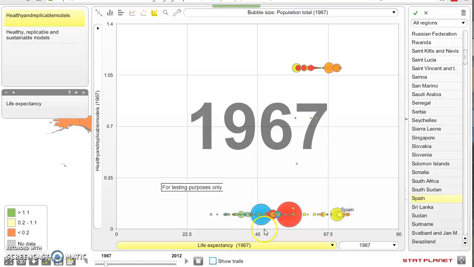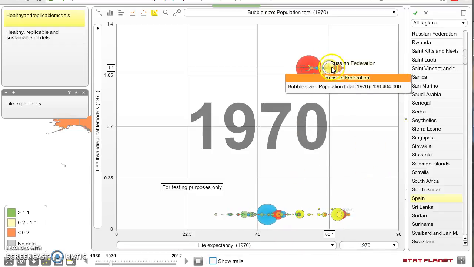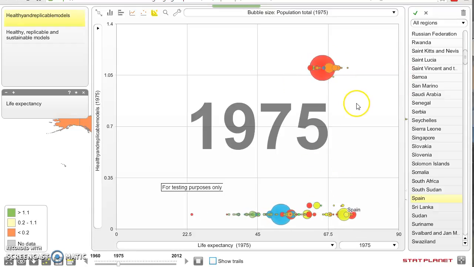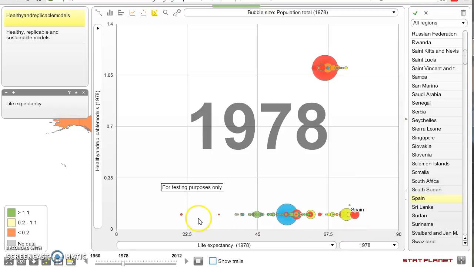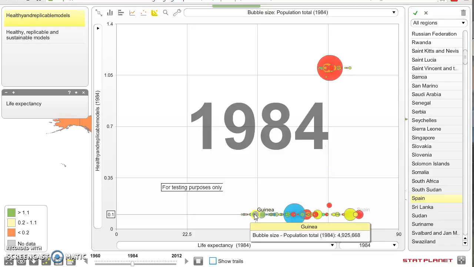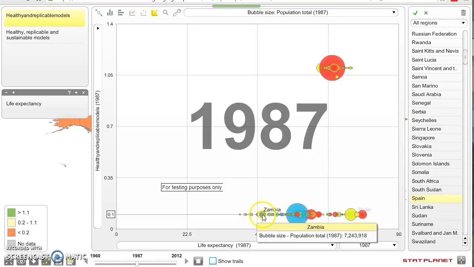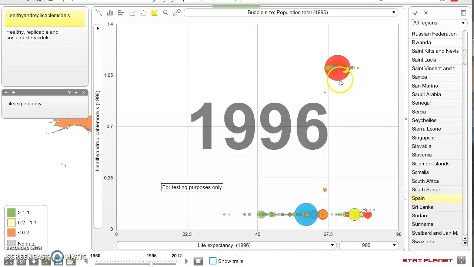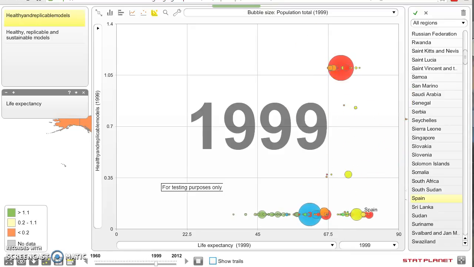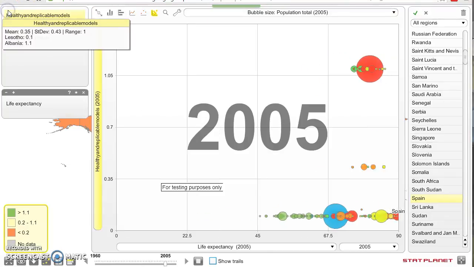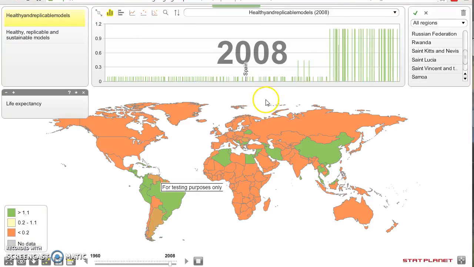life expectancy has been quite high in the healthy and replicable models, and quite scattered in the rest. Obviously, you will find here countries with very high GDP per capita but also very low life expectancy, and others that will not. You see what is the movement between both groups, and which big bubbles like China, when did they move. So you can see all these functions in that precise indicator, and you can also do the same